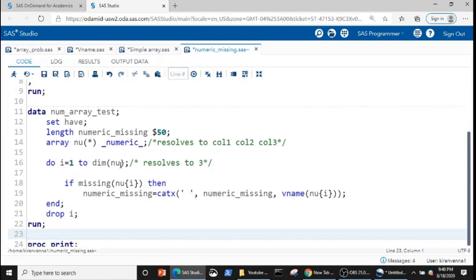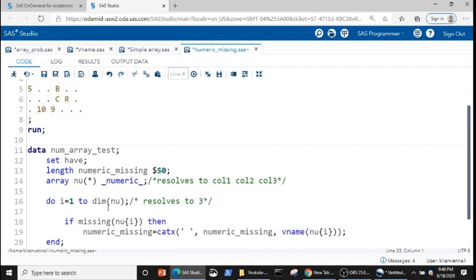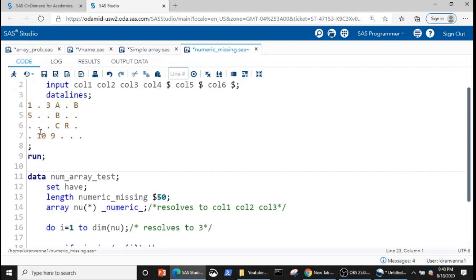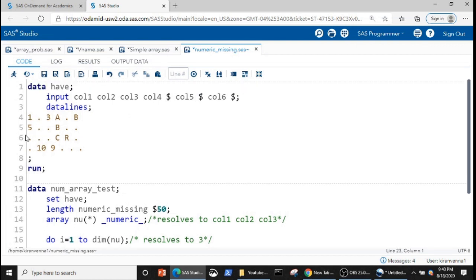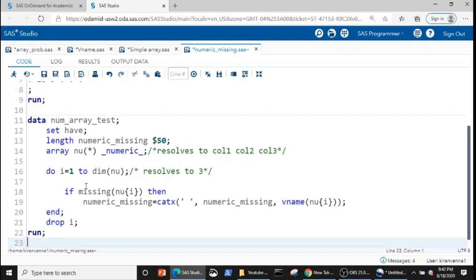Now let us try to understand the second row, which is a little more interesting. First we do i equal to 1 to dim(nu), and when i is 1, we are accessing call1. As call1 has a value, nothing happens in this if statement.